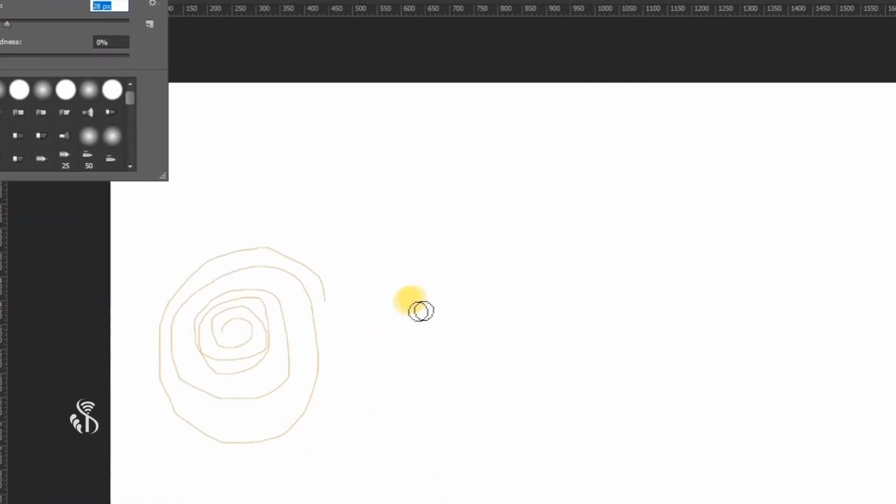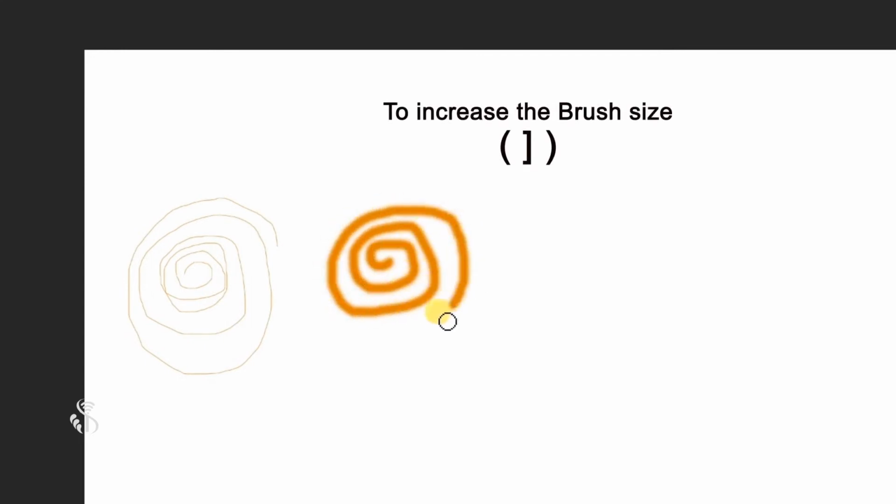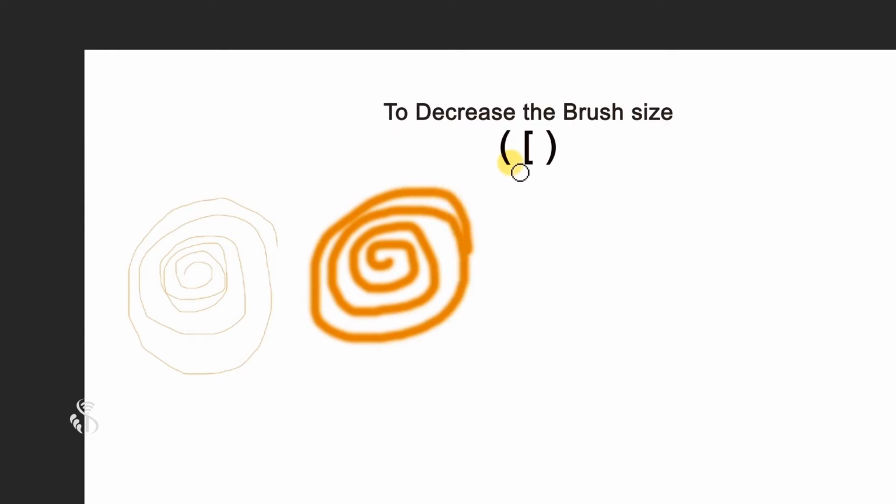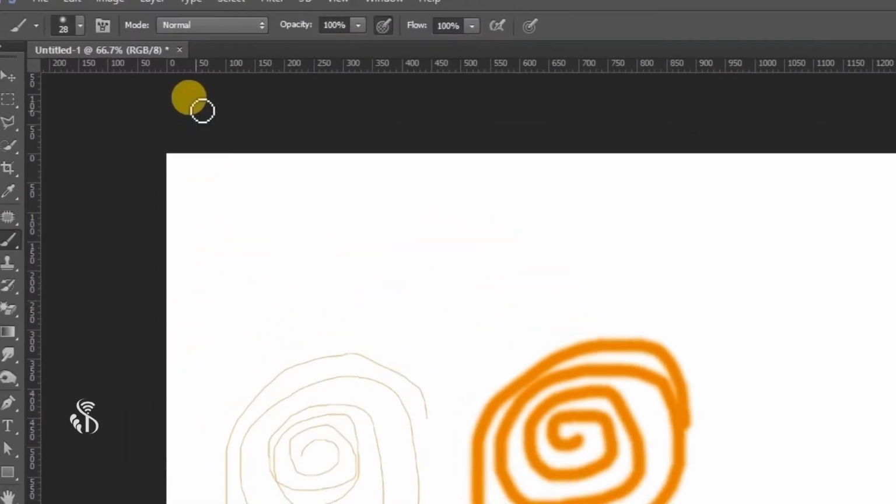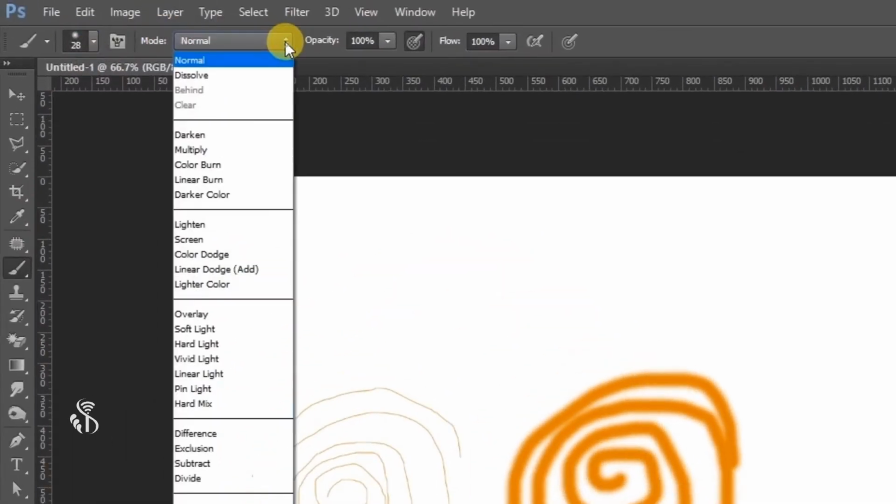Now you will see that the lines are no longer sharp. You can also increase the size by pressing the close square bracket and decrease the size by pressing the open square bracket. Now let us see the use of the option Mode available on the option bar.